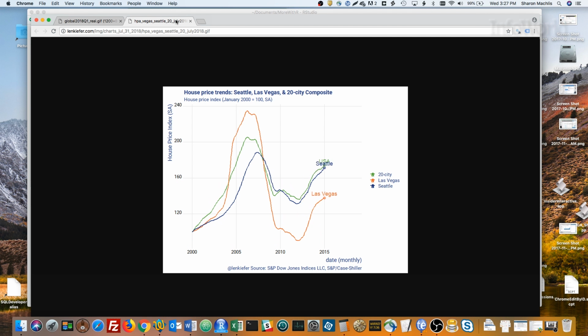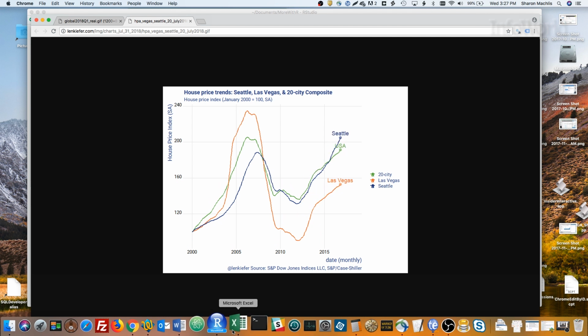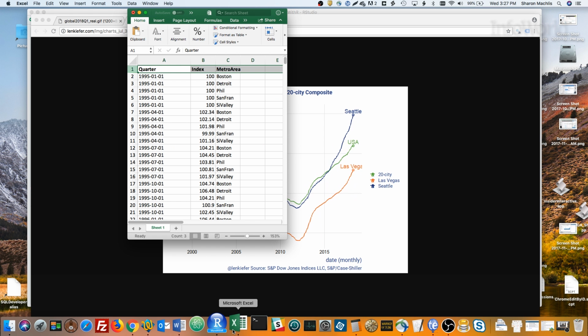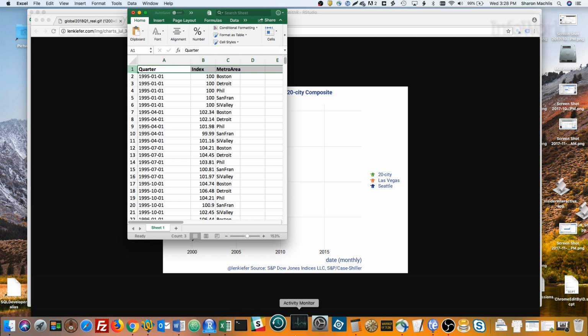Let's take a look. First, the data. I've got a spreadsheet with index of housing prices for a few U.S. metro areas: Boston, Detroit, Philadelphia, San Francisco, and San Jose, Santa Clara, which I'm calling Silicon Valley. The way the index works is January 1995 starts at 100, and then you can see how prices go up and down from there each quarter. Let me first show you a static lollipop chart for a single quarter. I'll pick the one starting January 1st, 2000.